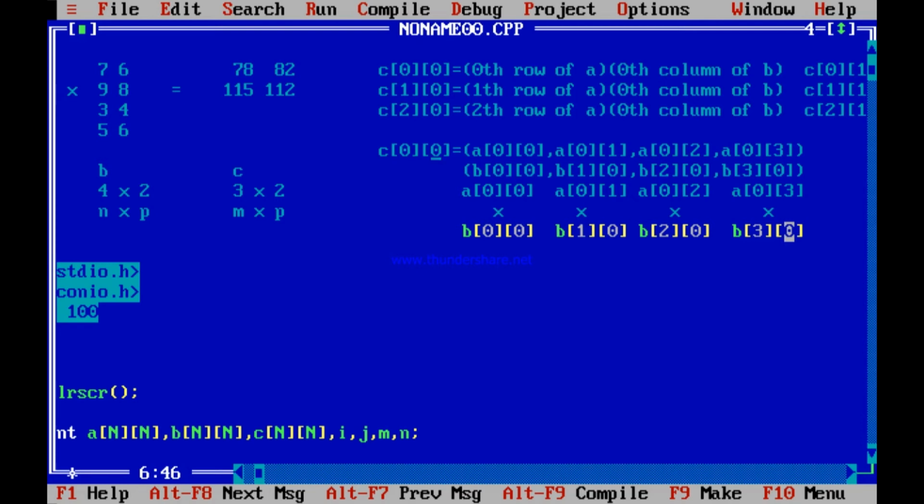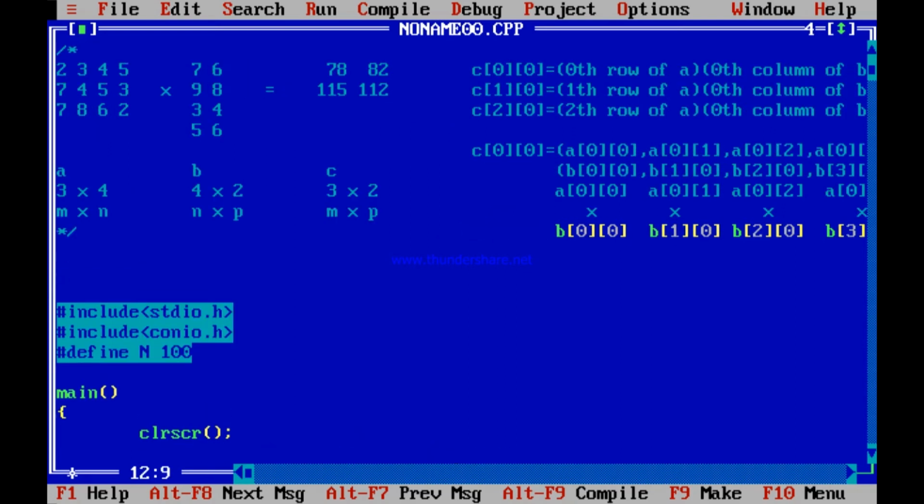So what is that part of code then? You see for yourself. If I write the part of code over here just to make it easy, see what? For each value of C, remember C's size is M cross P. So what will I do? For i equal to 0, i less than M, i plus plus. Is not so?